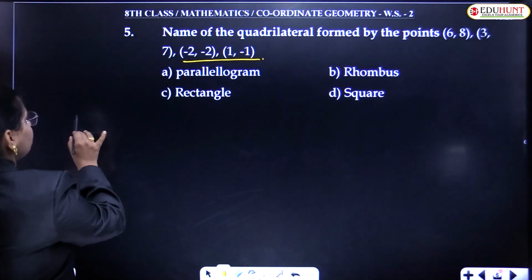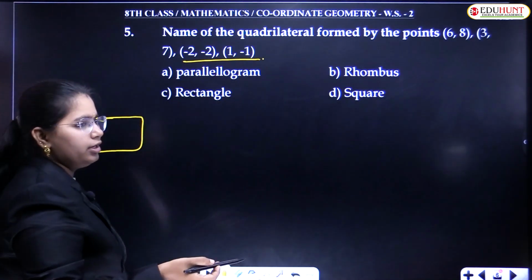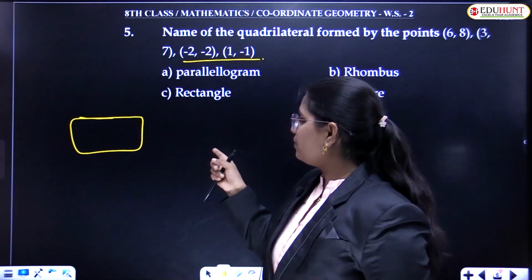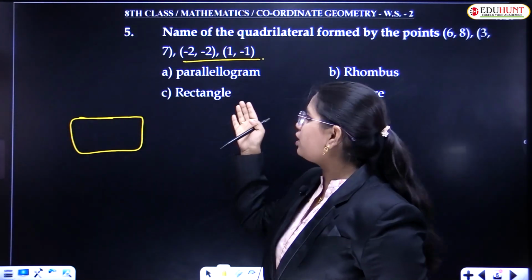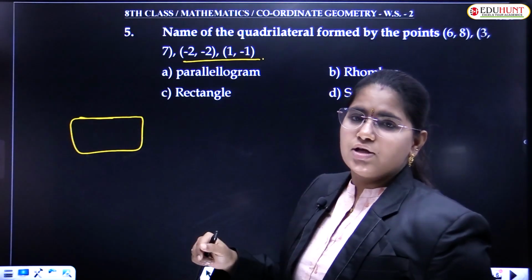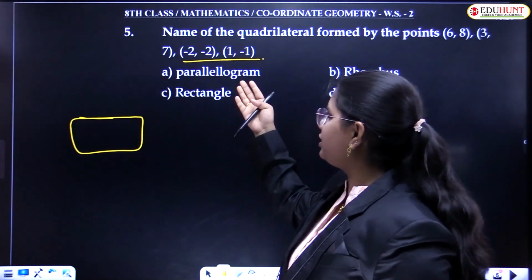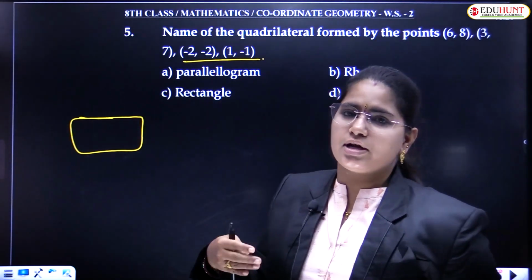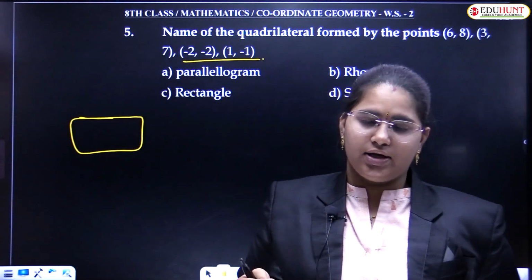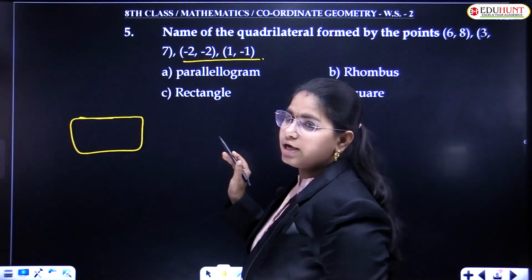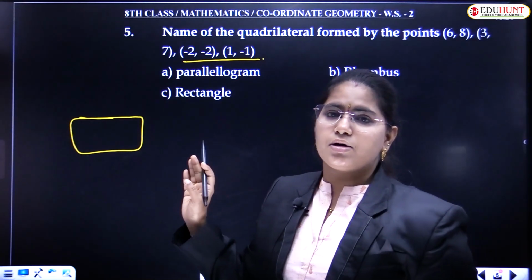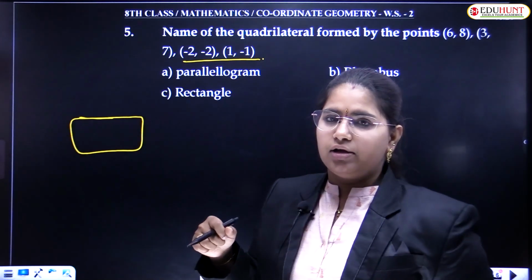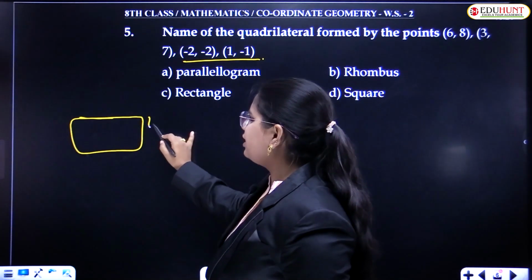Any four-sided figure is nothing but a quadrilateral, and they are asking what type of quadrilateral it is. Based on the properties of quadrilaterals, we are going to decide the answer. You are aware of the properties of parallelogram, rectangle, rhombus, square, which you learned in your junior classes. So I will solve this question by using the properties regarding the sides and diagonals of the quadrilateral. First I'll find the length of each side.